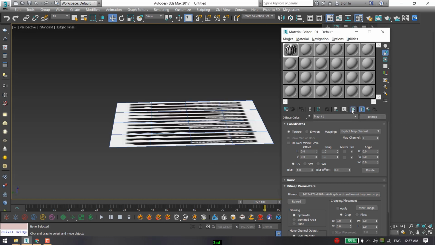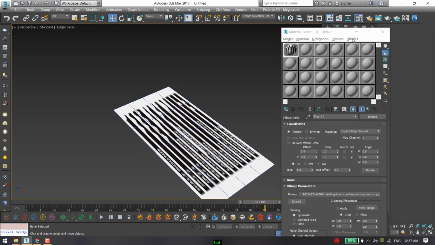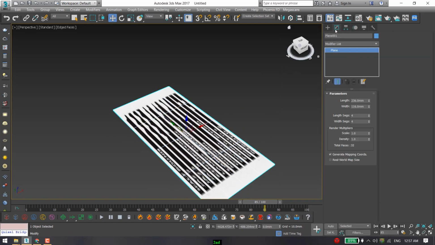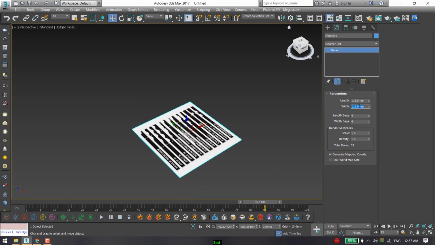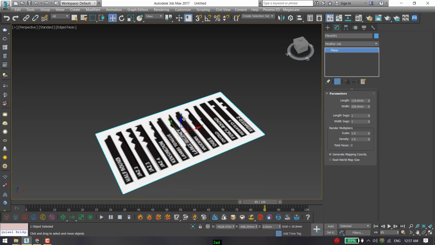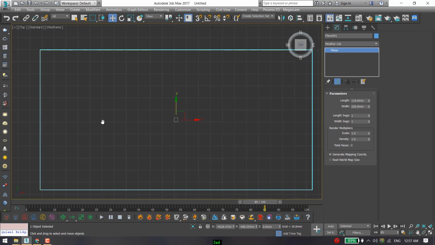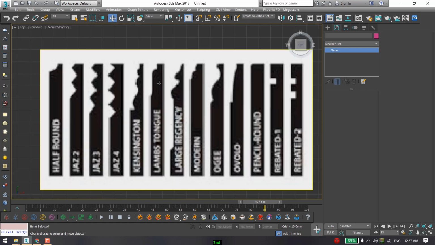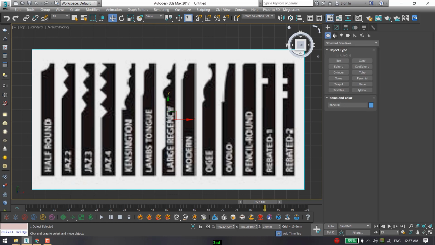Before we start modeling, click on show shaded material in viewport. We are going to create a French window. I'm going to enable my edge face mode. First select this edge, and hold control and select another edge. We don't want length and width segments. And then go to connect. Press F3 for shade. Click on settings, and apply two segments. And click OK.